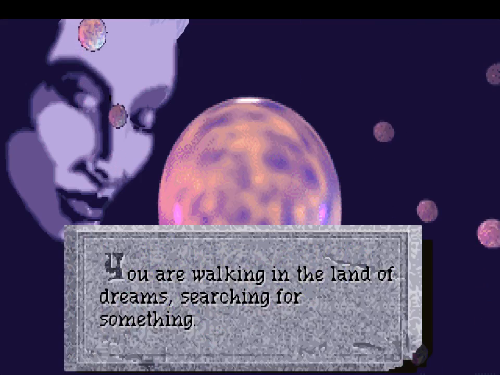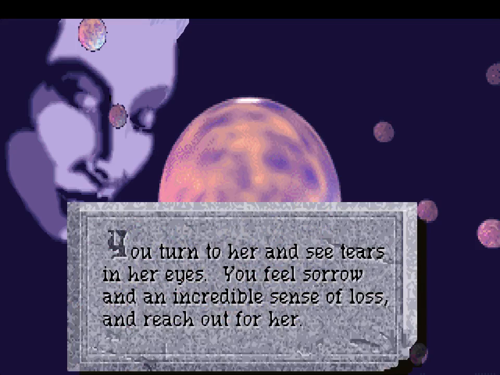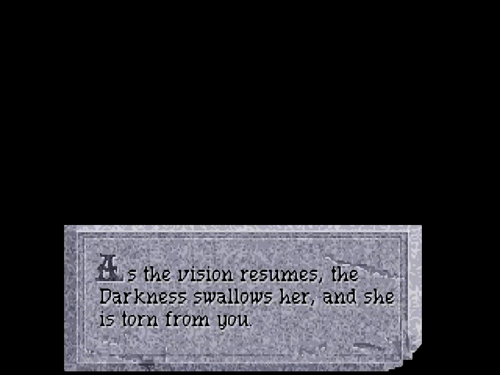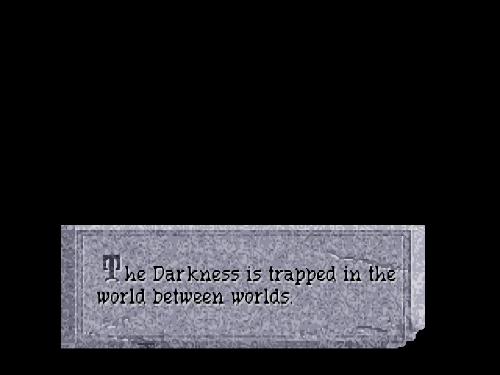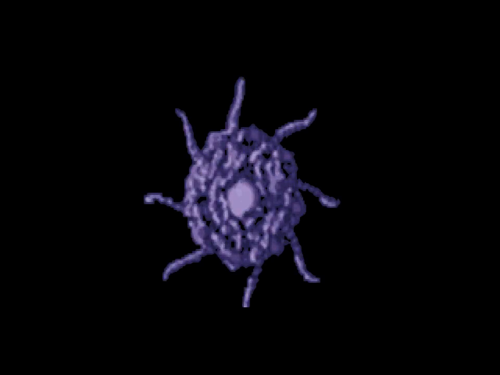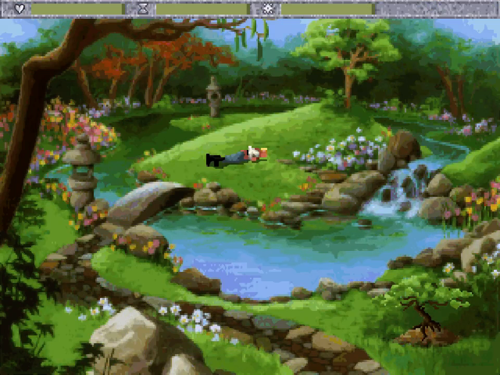You are walking in the land of dreams, searching for something. You sense the nearness of Erana and feel her gentle presence beside you. You turn to her and see tears in her eyes. You feel sorrow and an incredible sense of loss and reach out for her. As the vision resumes, the darkness swallows her and she is torn from you. You feel her die as she tries to drive the darkness away. The darkness is trapped in the world between worlds. So is Erana. You awaken as the sun begins to... You wake in a cold...